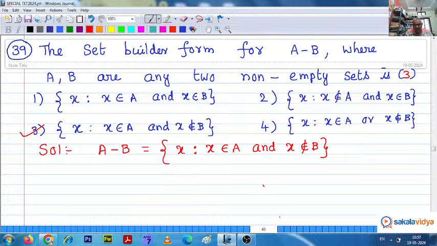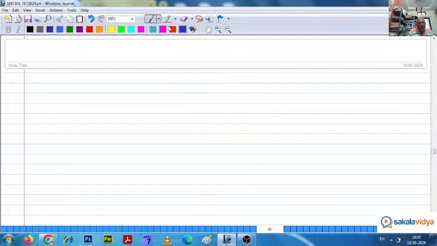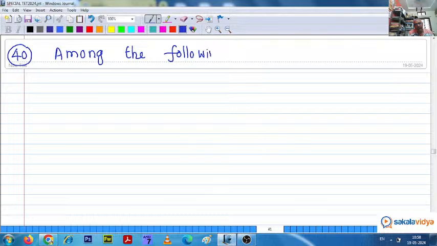Fortieth question. Question number 40. Among the following, the incorrect statement is. It will be given in capital letters only in the examination also. Correct or incorrect? The incorrect statement is